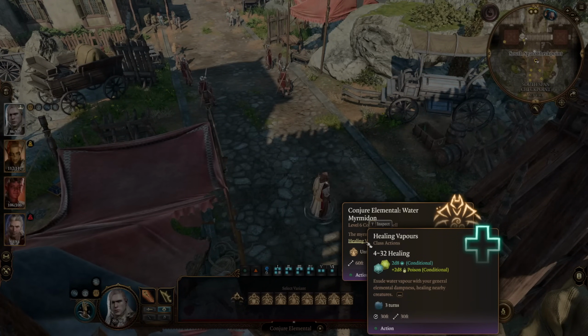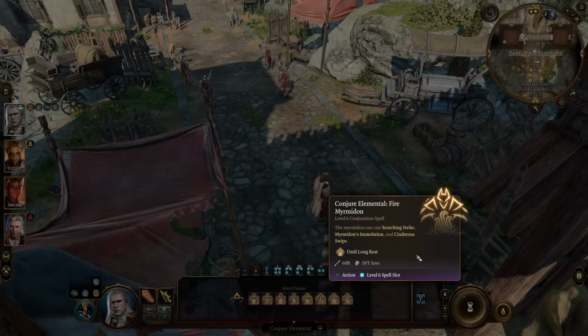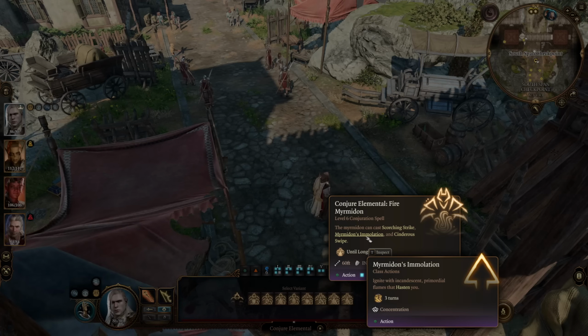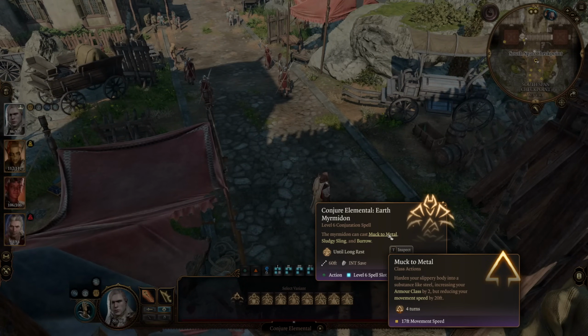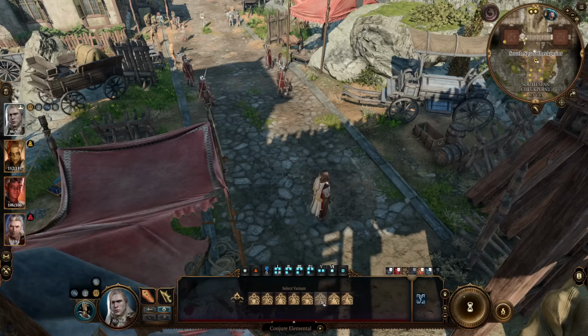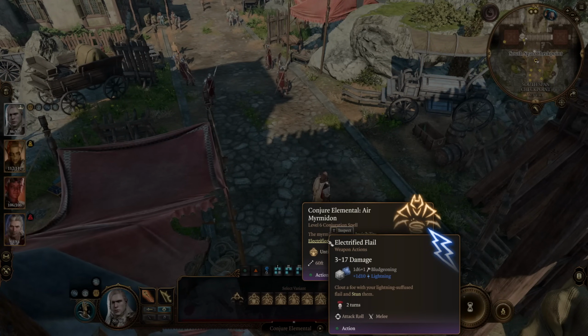Shout out to Healing Vapors. This will heal allies and poison enemies. The Fire Elemental becomes Fire Myrmidon here, which is really cool. It gets fire-based attacks, but then also gets immolation, hastening, really cool. You have the Earth one, the Earth Myrmidon, gets some really defensive things here. And then the Air becomes the Air Myrmidon, which gets invisibility, Raging Vortex, and the Electrified Flail, which is nice